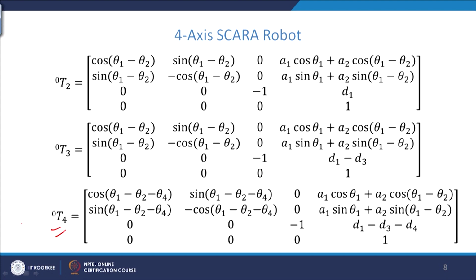This is called the ARM matrix. The end effector with respect to the base is given by this one. So, in the next lecture we can see the inverse kinematic solution for this type of problem. In this lecture we have seen 2 examples illustrating the direct kinematics of the robot manipulator. In the next lecture we will see more examples and their inverse kinematic solutions. Thank you.